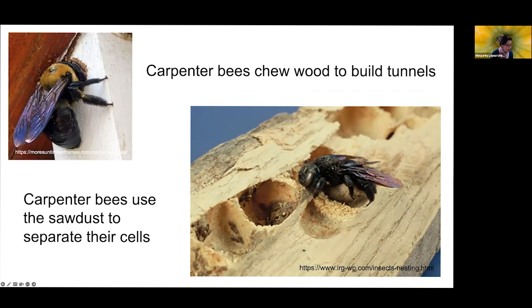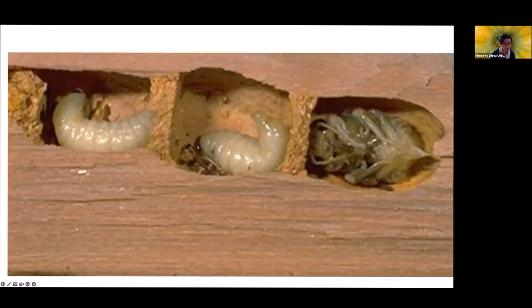So if we go and we look at what is happening inside the nest, this is what you see, right? You see that inside the wood, they have these cells, which are these compartments that the bees are using to put the pollen and nectar and lay the eggs. And then those eggs become larvae, which is what you're seeing here in these two photos. Eventually they pupate, and then new adults will emerge. So all of this happens inside the nest.